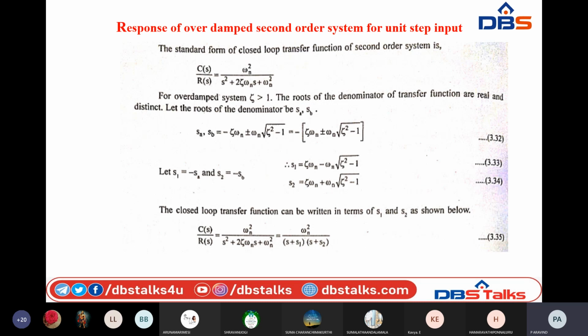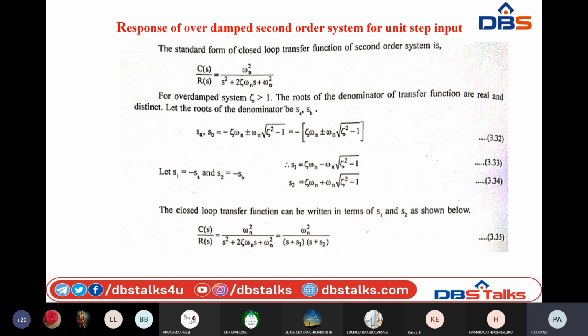So simply we have two roots. I am considering the two roots, that is s suffix a, s suffix b. So sa and sb are my two roots, that is minus zeta omega n plus or minus omega n into square root of